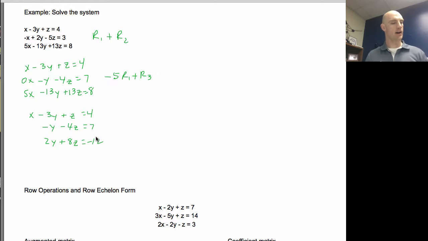We can eliminate some variable. So now I'm going to try to eliminate one of these variables down here, so I'm left with just one variable in the bottom row. So what I'm going to do is 2 times row 2 plus row 3. Okay, and if I do that, I still have my top line, x minus 3y plus z equals 4, and this one stays the same, minus y,